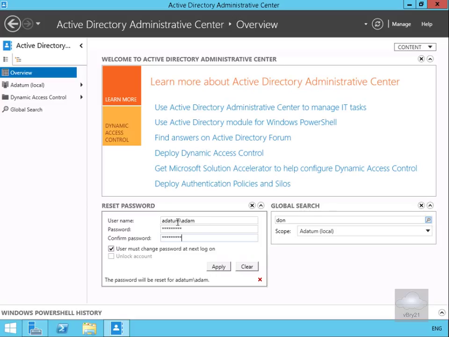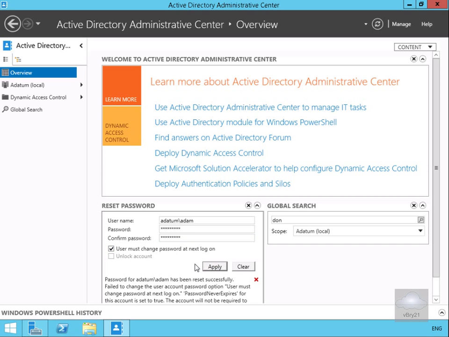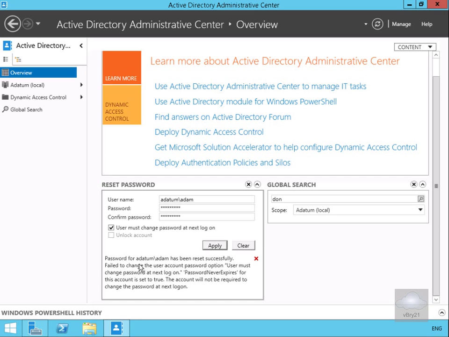What we're going to do here is reset the password of Adam. We're actually going to set it to password 1. And we're going to say that the user must change the password at next logon, because we as the administrator don't really want to know that password, so we'll apply this. And as it says down here, the password has been reset